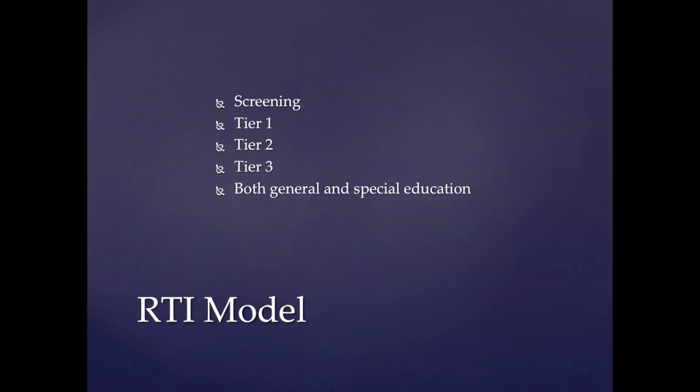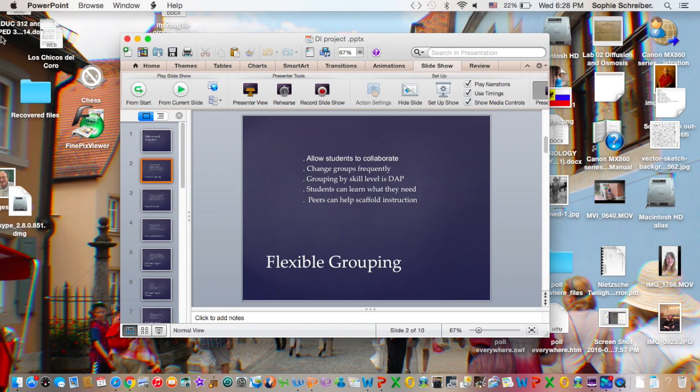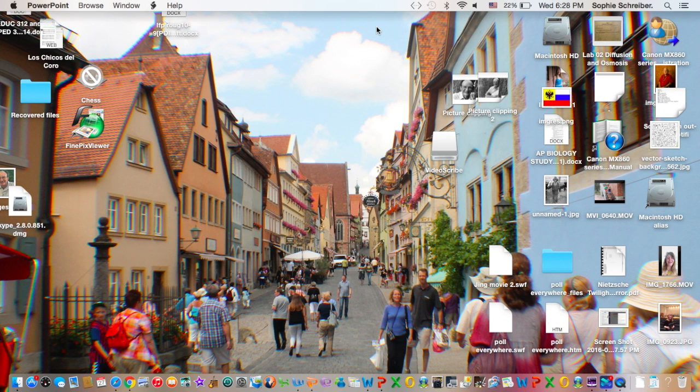So the RTI model, first, all students are screened to see where they are developmentally. And then Tier 1 is just general education. All students receive a Tier 1 education, but Tier 2 is slightly more support. It's not to the level of special education yet, but students receive Tier 2 for a certain period of time, and then they are assessed to see whether they are improving or not. And then they can receive Tier 3, which means that